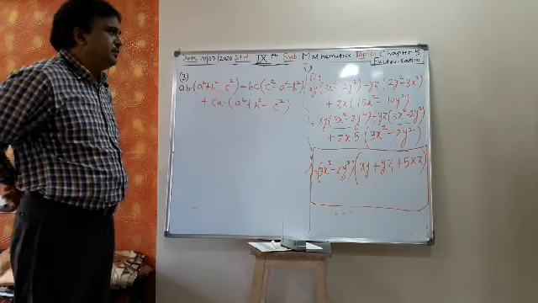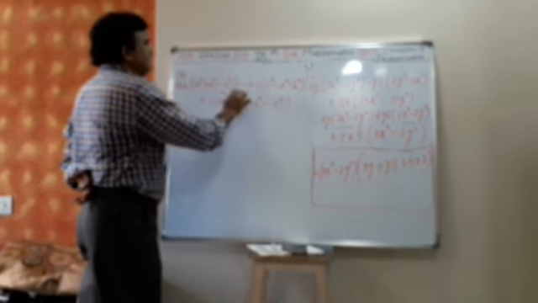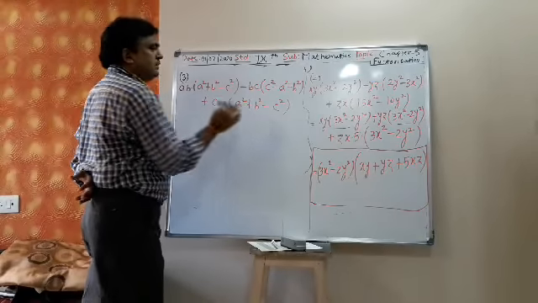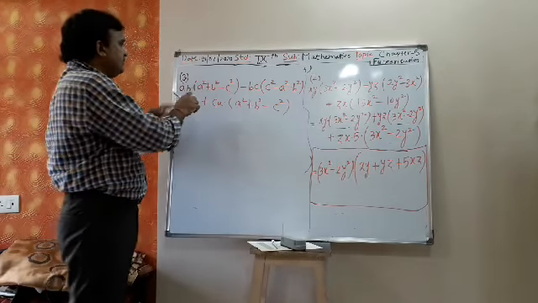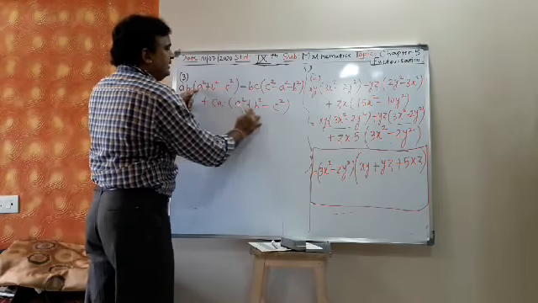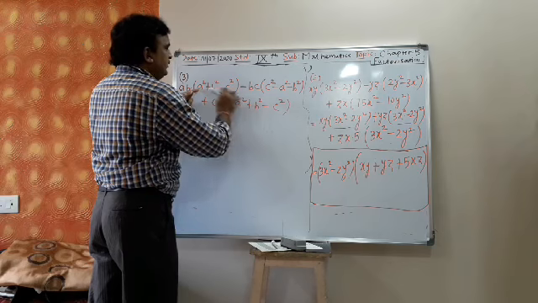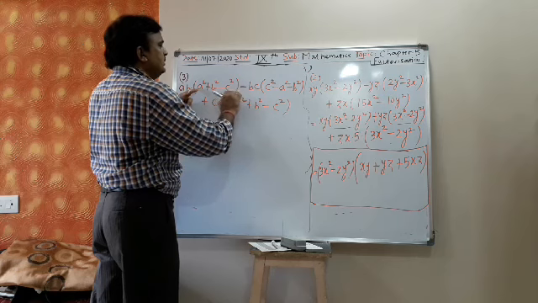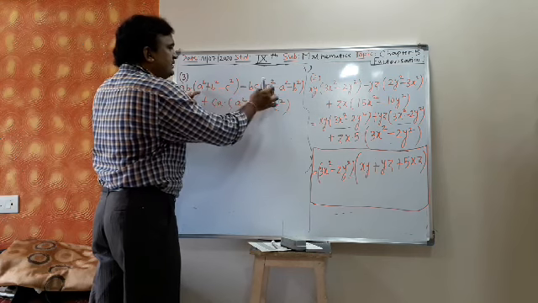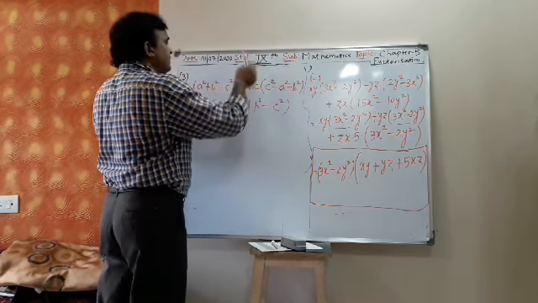Total there are three terms. This is one term, second term, third term. Now you find whether there is any common factor in all the three terms. A square plus b square minus c square. Is it there? No, in the second it is not there. But in the third it is there. Whenever it is there in all the three, then I can take it as common. But it is there in first and third. So let us rewrite the second term.